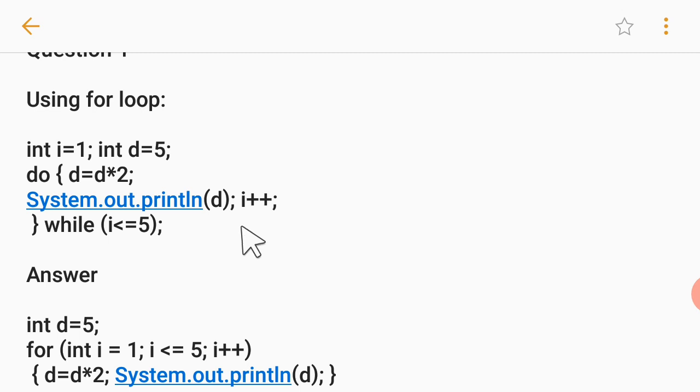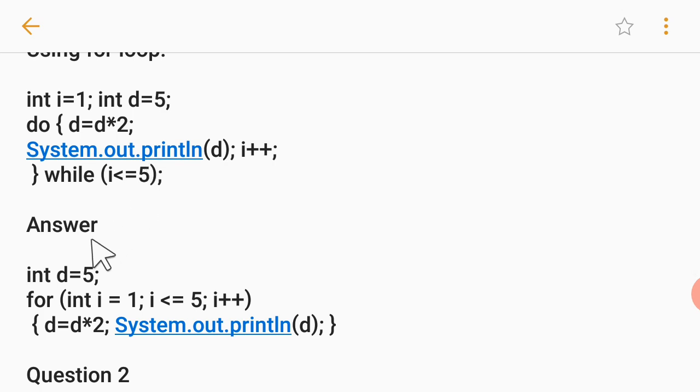Alright. Now when we convert that into the for loop, we think about the syntax of the for loop. The syntax of the for loop is for, and in the parentheses we have initialization, test and update. So we bring here for parentheses int I equal to 1, that is initialization, then semicolon, then the test expression I less than equal to 5 will be kept here, then the update expression I plus plus will be kept here after the semicolon. Alright, all these three things are going to be enclosed in the parentheses. Now we have a variable D, so int D equal to 5. So we write here before the loop int D equal to 5, then the for loop.